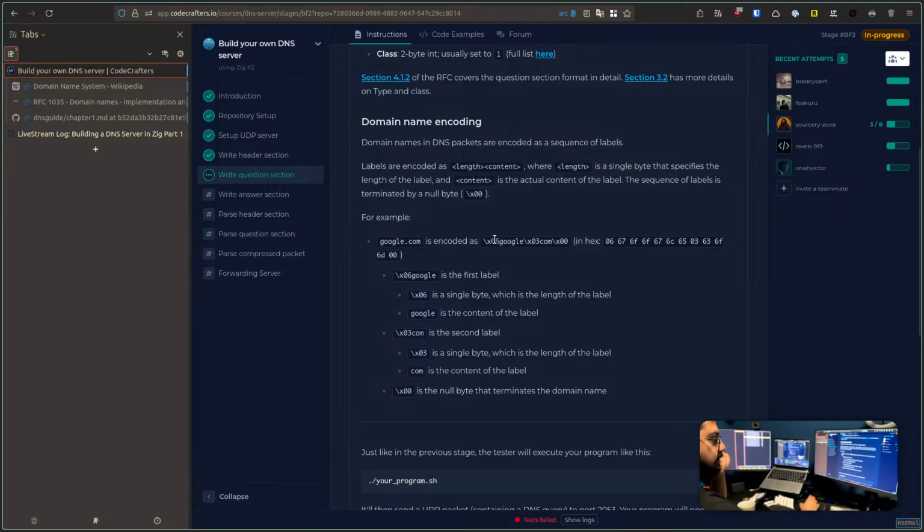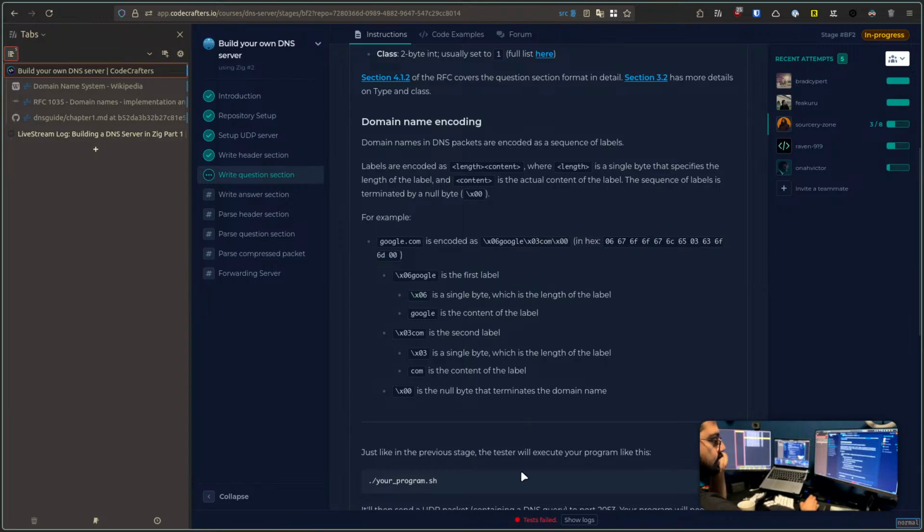okay, so we can loop through it. And then we have the length of the piece we need to read up until the next length. And then terminated by null, which is a single byte. Oh, every time we read this much, this is one piece, and then another piece until